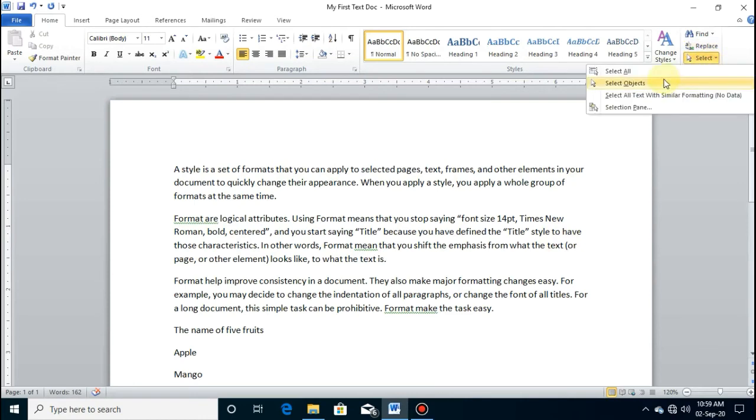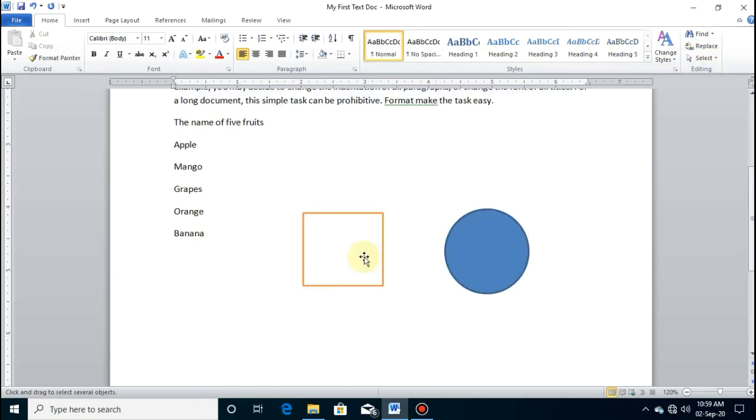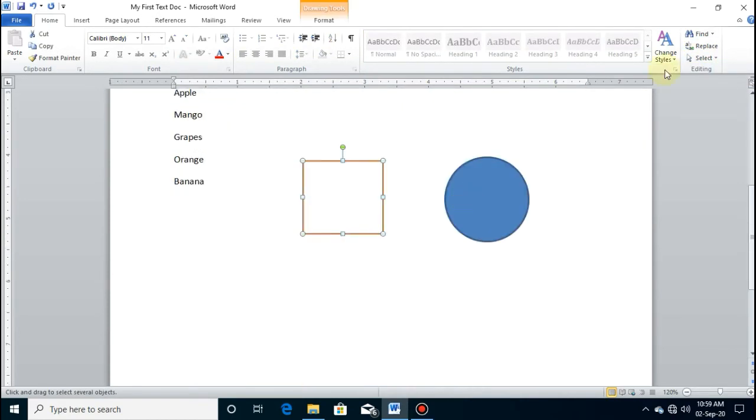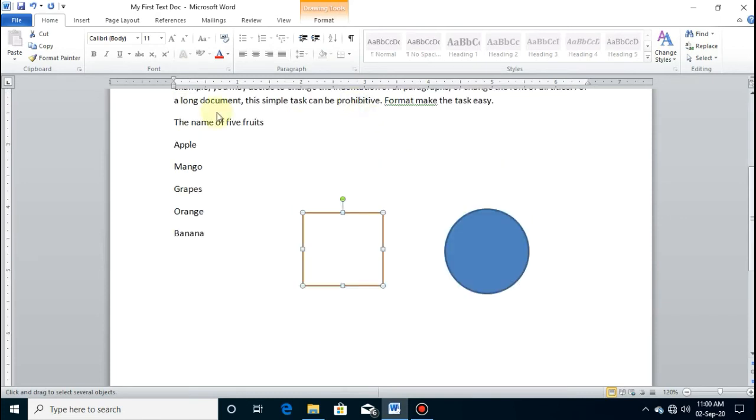If I select the object, then I can use select objects option. Now see, this object is selected. If I am clicking in the text, it is not selecting. So in this way we can use the select objects option.